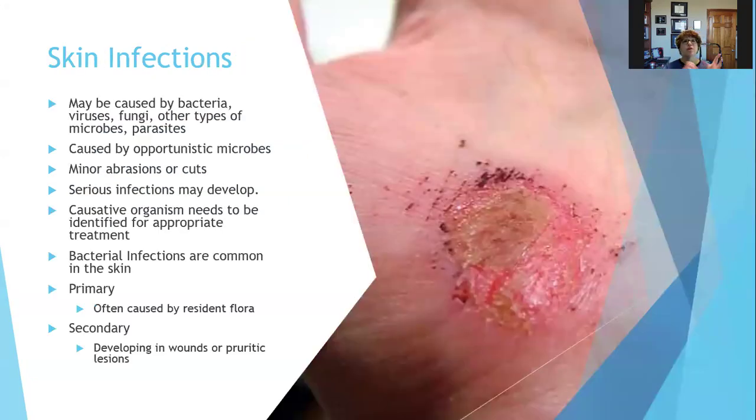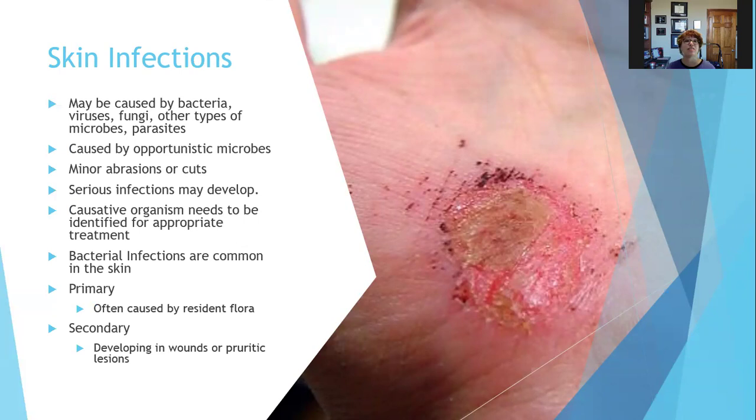So, skin infections can be caused by bacteria, viruses, fungi, other types of microbes and parasites. So, lots of different causes for skin infections. They're often, usually, caused by opportunistic microbes from minor abrasions or cuts. So you get a little abrasion, now your skin barrier is broken, and opportunistic pathogens can get in there. But they can cause serious infections. The causative organism needs to be identified in order to treat appropriately. So you have to know what you're dealing with in order to kill it with infections, just like we talked